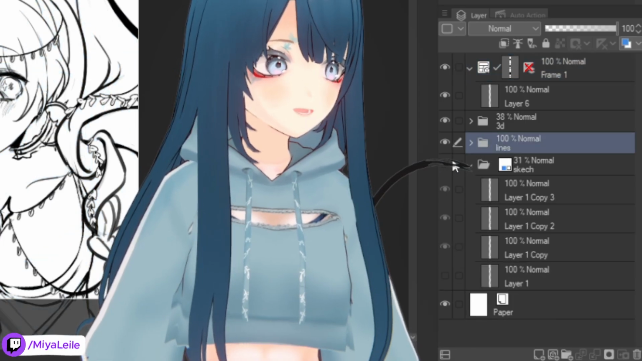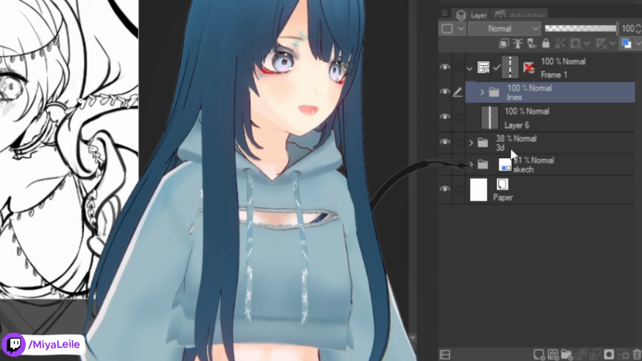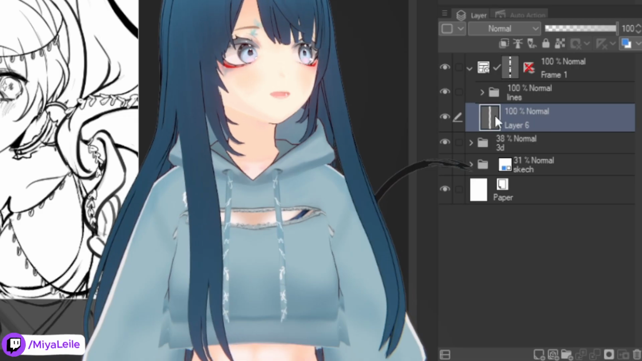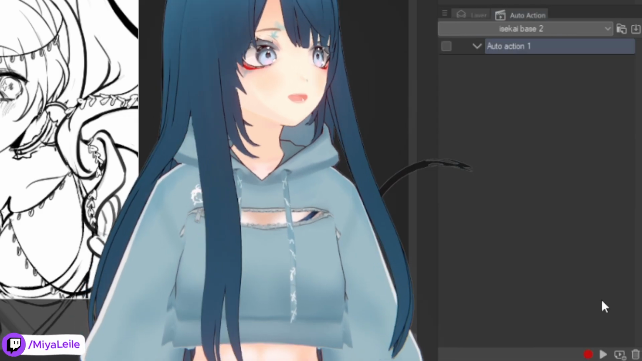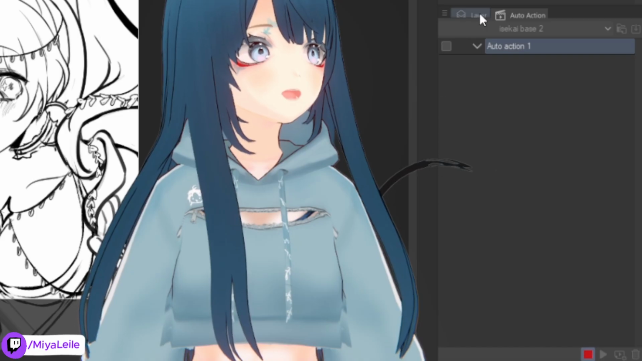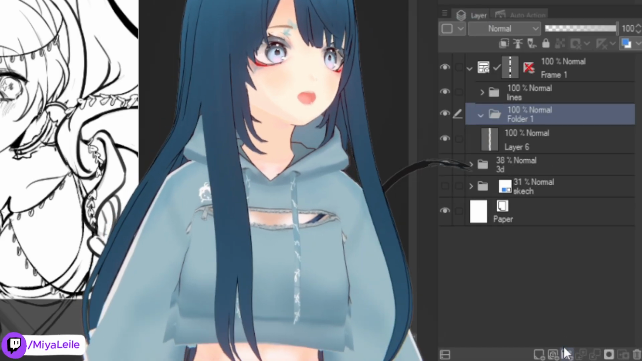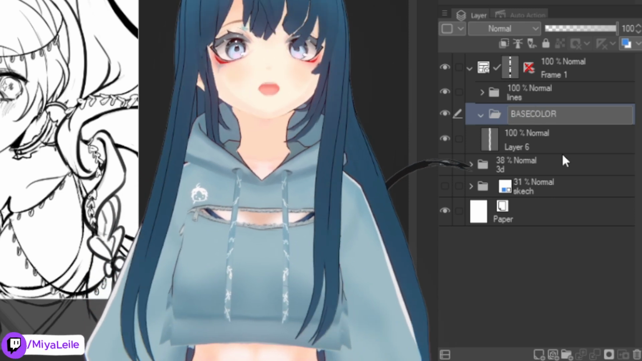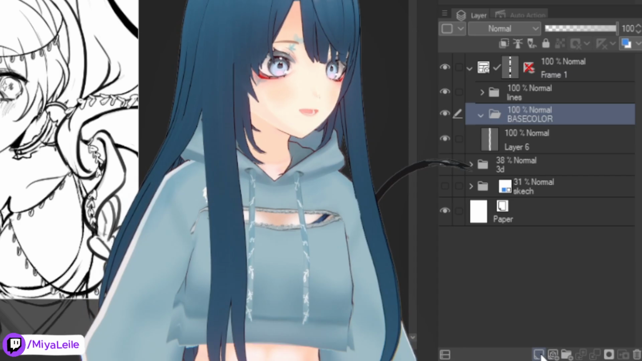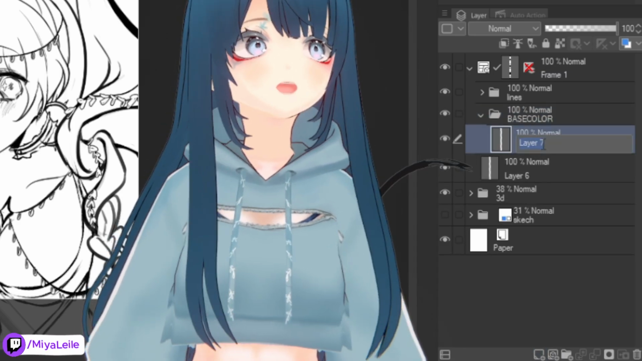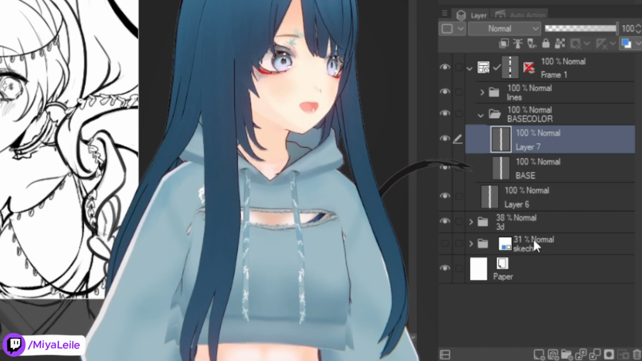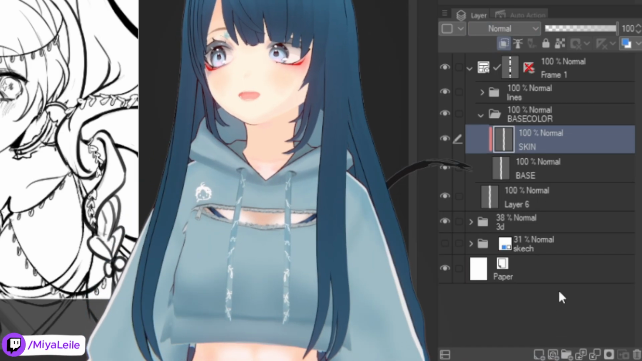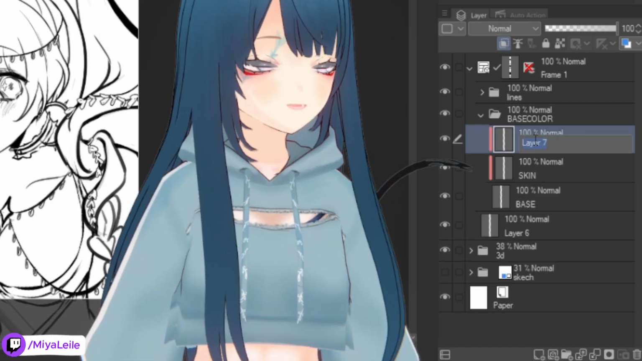I do not want my sketch lines to be visible, my normal lines, yes. There's like one base over here. I'll just click that one for now. Then I press record. Make a new folder. I'll call it base color. And then I'll make one extra. I'll call that the base. Then I'll add another one. I'll call it skin color. Then I make another one. I'll call it